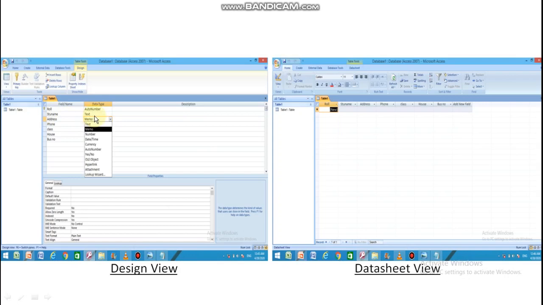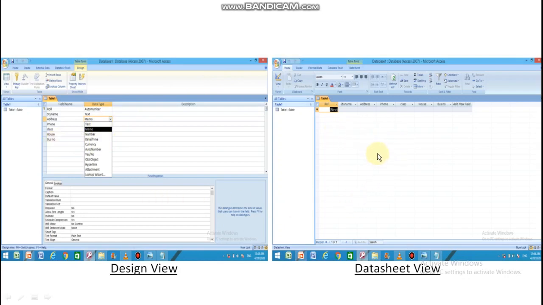Data types means the type of data which is going to be entered into that particular field. All these settings we do in design view. Design view enables us to design the structure of the table.